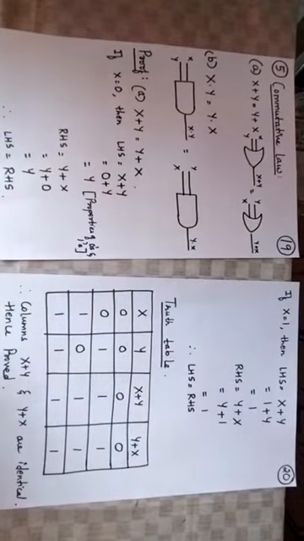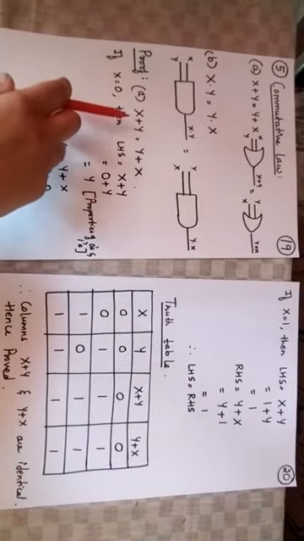So both are equal. Now we have to prove this theorem using proof by perfect induction. Coming to the first one, it says x plus y results in y plus x. Take x equals 0. Then take the left hand side, x plus y. Replace x with the value 0, so 0 plus y. Now 0 plus y results in y, because of the properties of zeros and ones. That is the first Boolean theorem which we had learned.